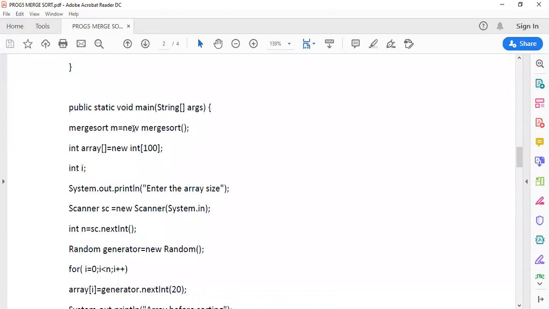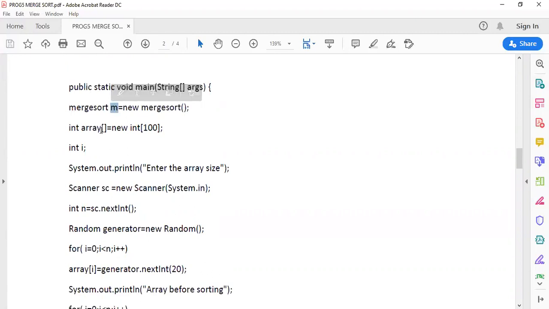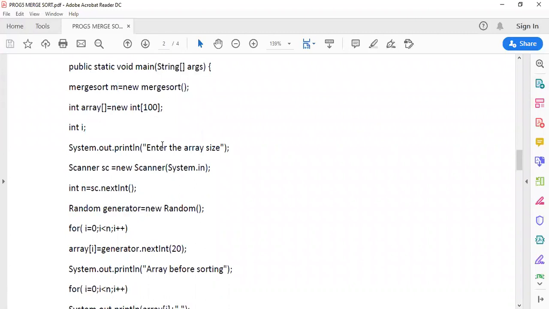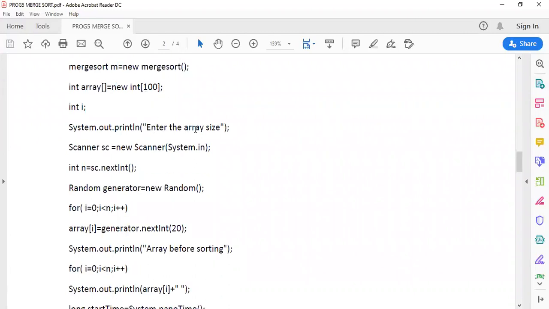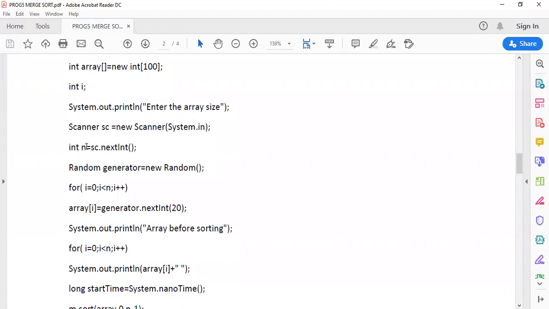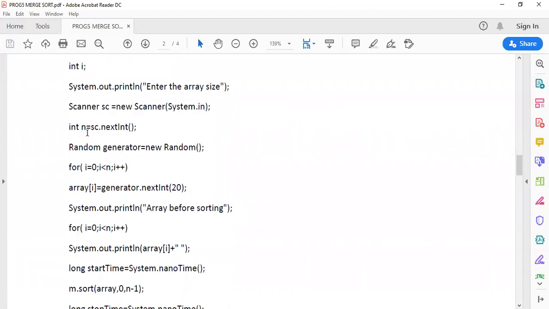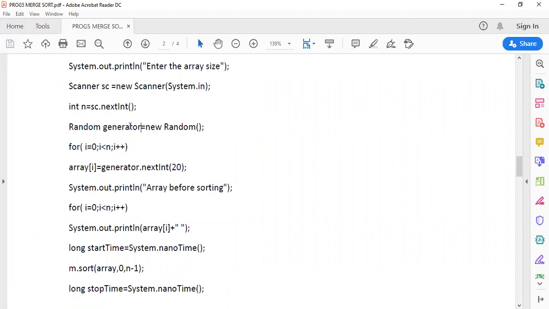In the main program, we need to access the member functions in the merge sort class. So first we create the object of that, and then we create the array of size 100. Then we ask the user to enter the array size, which is stored in the variable n. Next, depending upon the array size, we use a random class to generate random numbers.